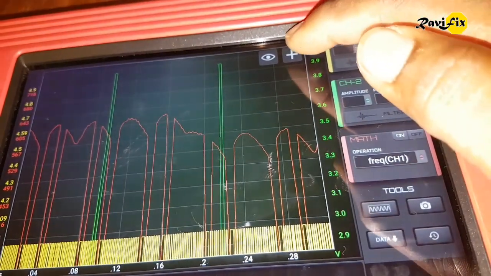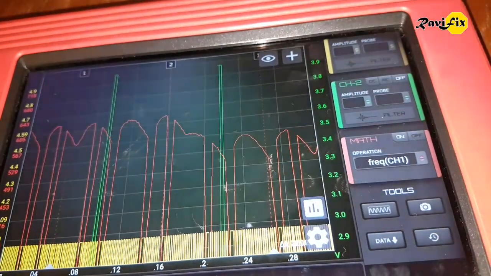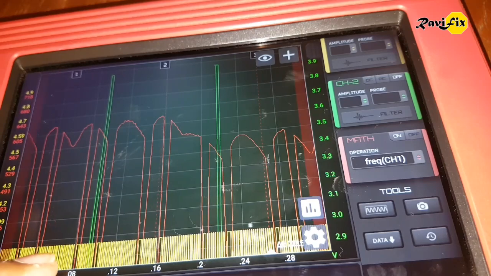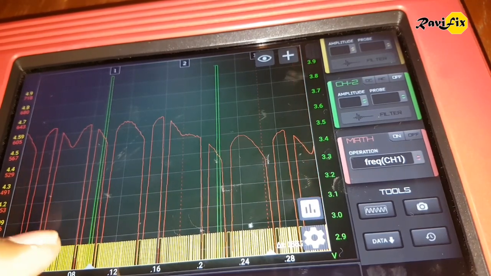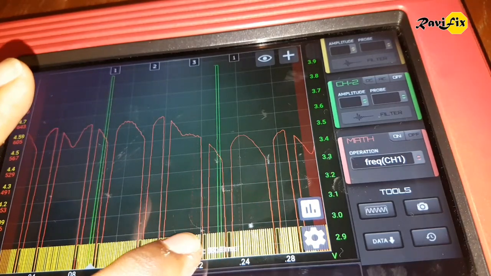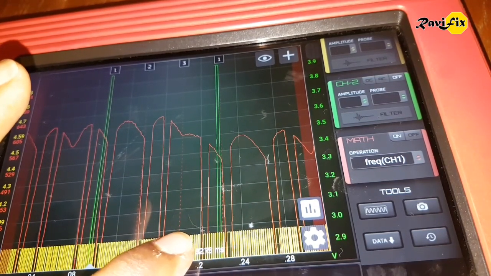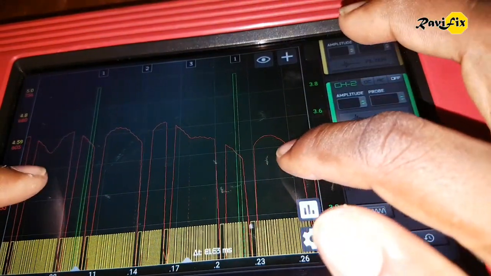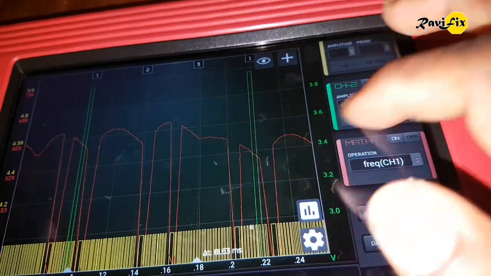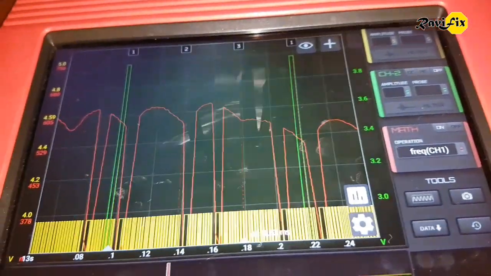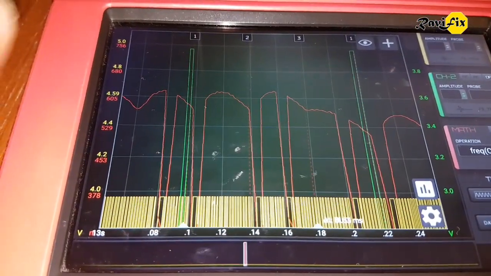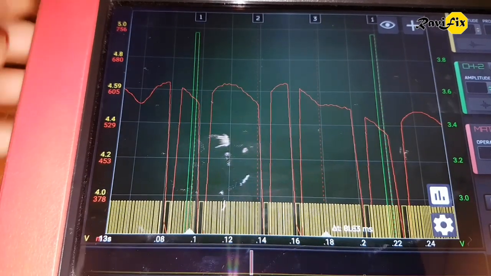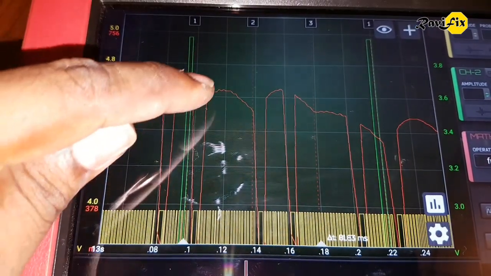Okay, I put the firing order grid on the ignition trigger signal here. The firing order is 1, 2, 3 on this specific engine. It's easy.